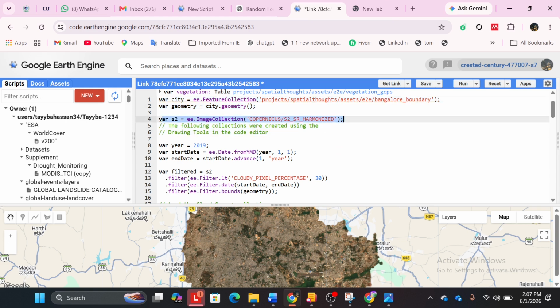Then we have created a variable where we are loading the harmonized Sentinel-2 imagery. So here we load the Sentinel-2 Surface Reflectance dataset. An image collection is a collection of satellite images captured on different dates. Instead of one image, now we have access to thousands of Sentinel-2 images stored in Google Earth Engine. Okay, next